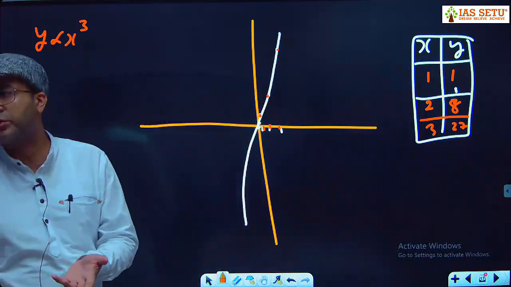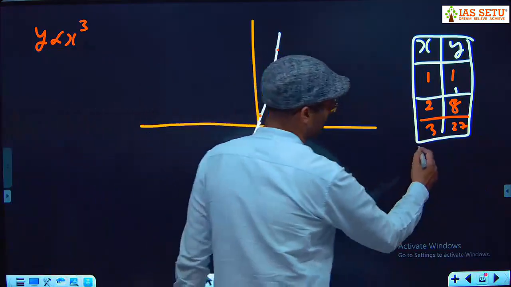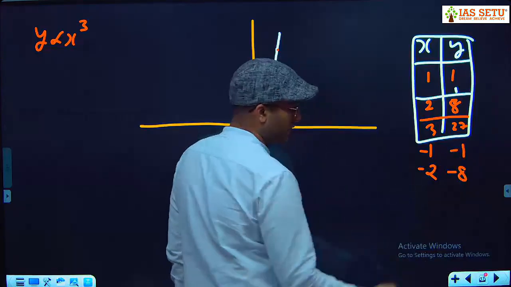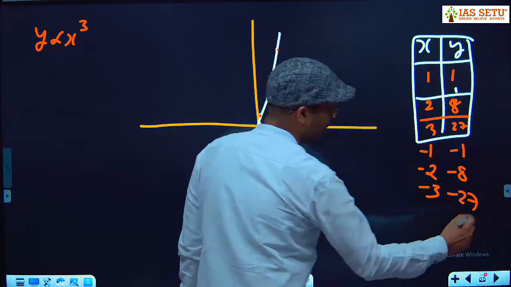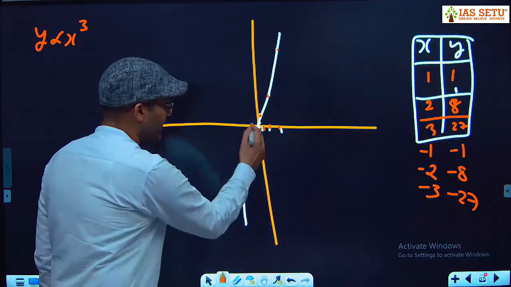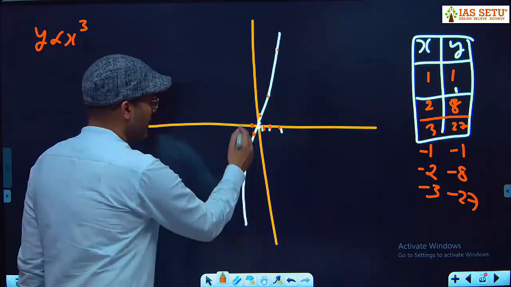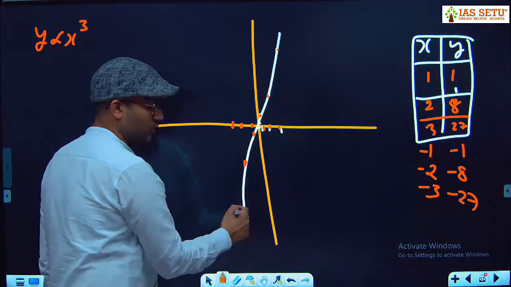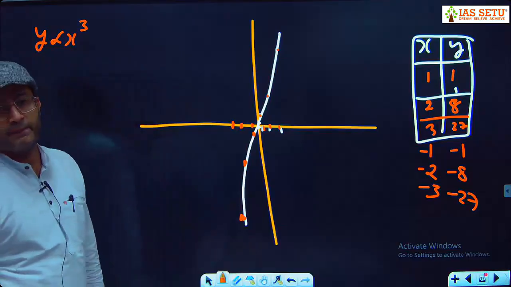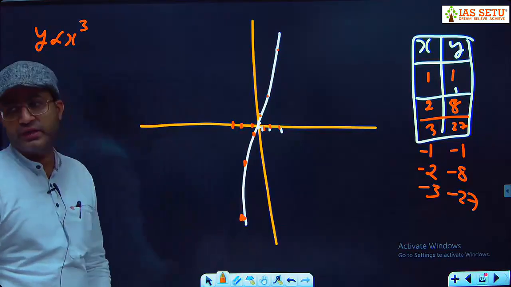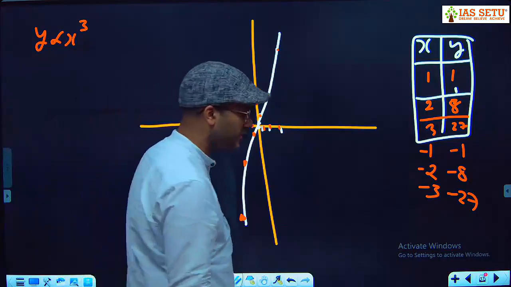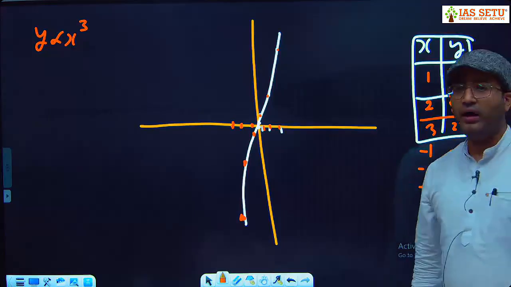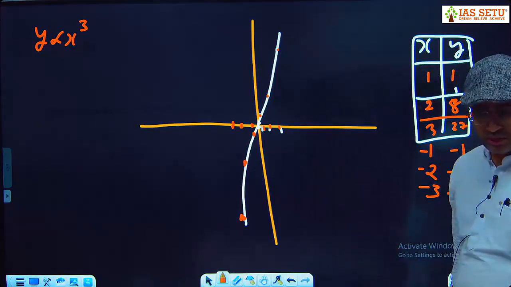नेगेटिव का क्यूब नेगेटिव ही तो होता है। What is -1 cube? -1। What is -2 cube? -8। What is -3 cube? -27। चेक कर लो, x -1 y -1, x -2 y -8, x -3 y -27। We revise, don't get confused, ज्यादा डिटेल में नहीं जाने का, नहीं तो इंजीनियर बन जाओगे। ठीक है, लिखो फटाफट, हो गया।